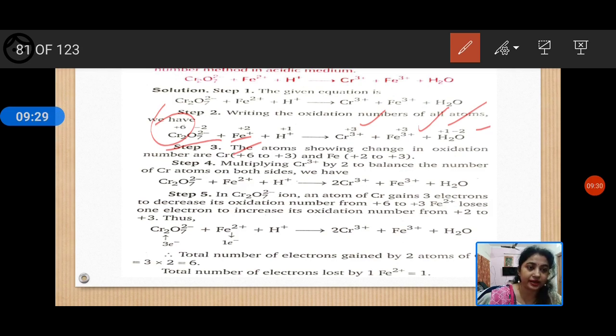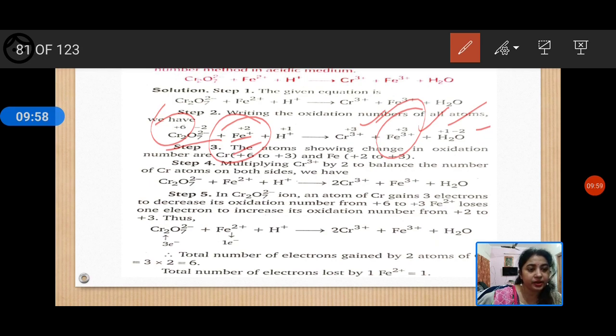We have to find out the change in the oxidation number. So here we can see that chromium +6 is becoming chromium +3, meaning the oxidation number is decreasing, so reduction is occurring. And in iron you can see that +2 is becoming +3, oxidation number is increasing, so here oxidation is occurring. So we have found out the change in the oxidation number. Next step,